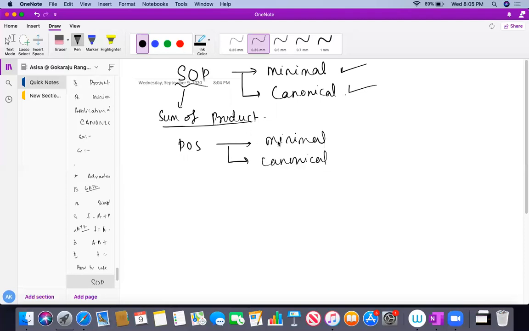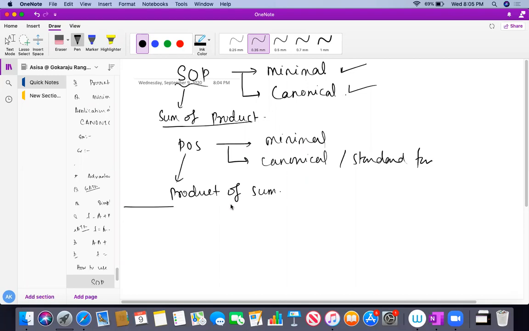Okay, so canonical is also called the standard form of POS. POS is nothing else but a product of sum. Okay students, product of sum. So we'll see now, under this we'll solve many things. So bit A is minimization. How we can use this SOP and all, we'll see now, don't worry. Okay, what is minimization?